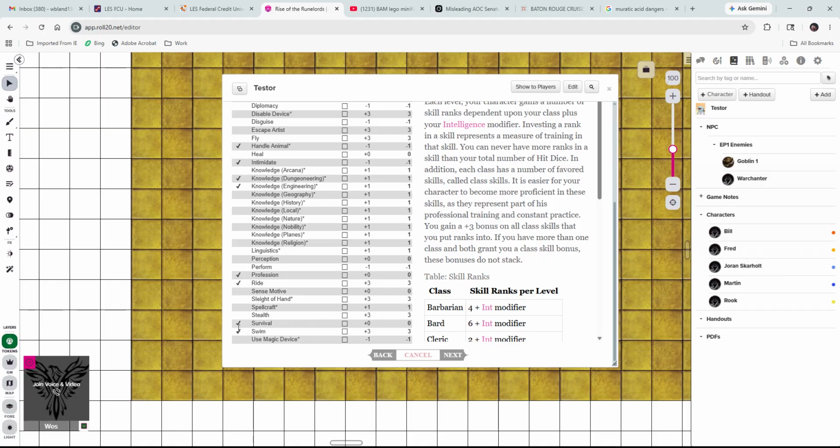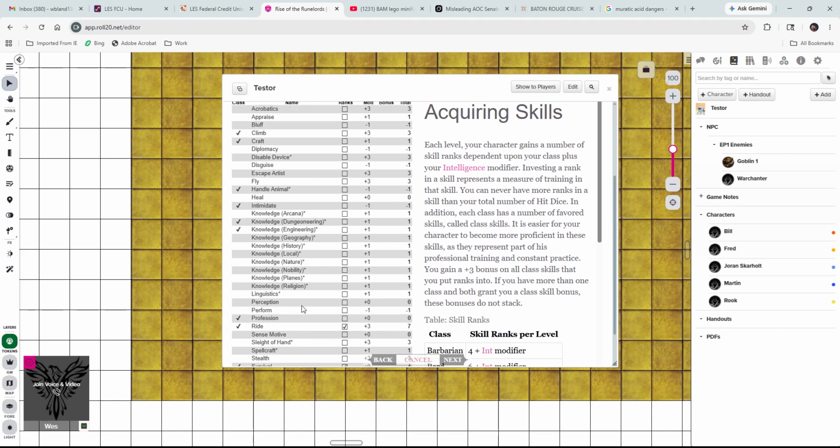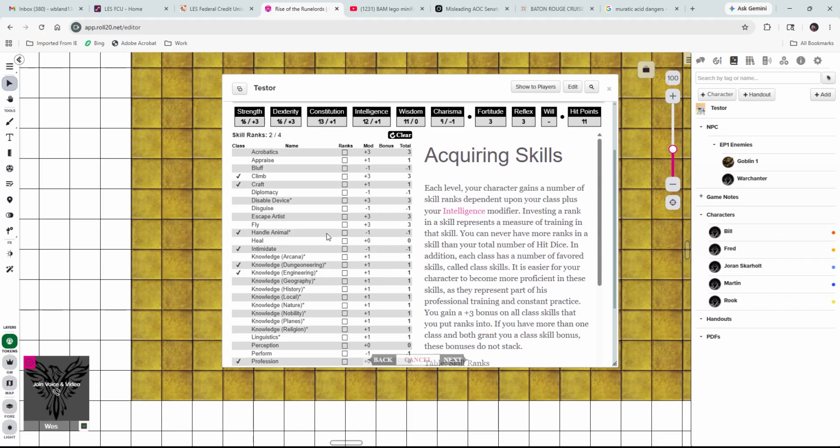The ones with the check marks are the class skills. So let's put one in ride, put one in survival, let's put one in, well, it's a -1 mod. I think that's probably charisma based. It is. Put one in climb,